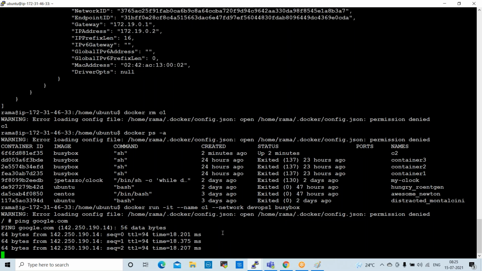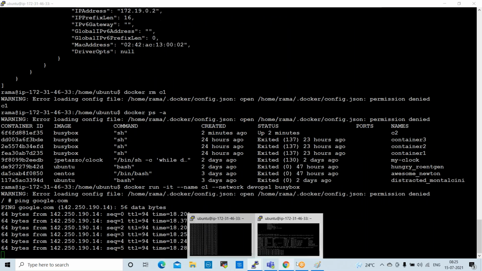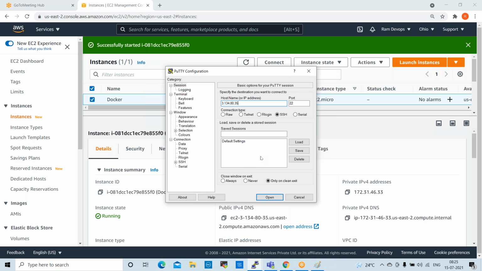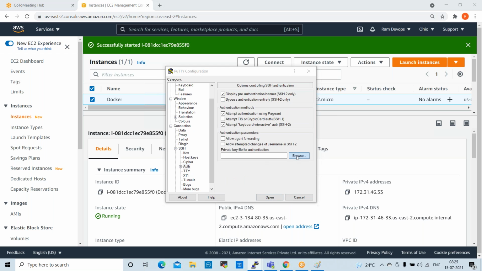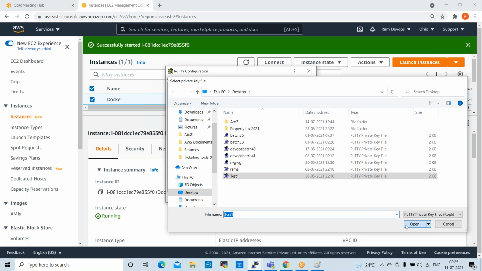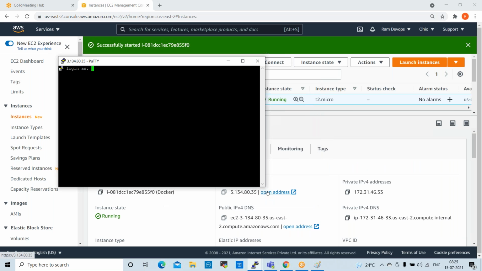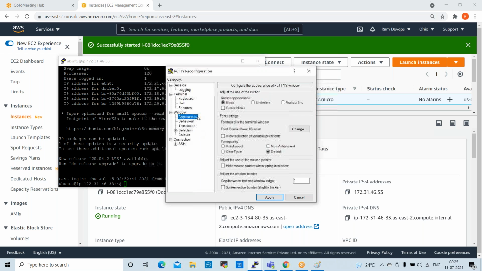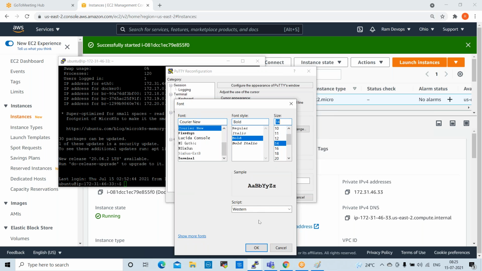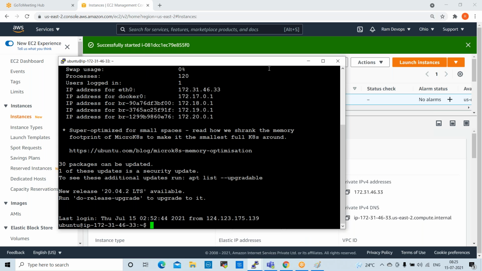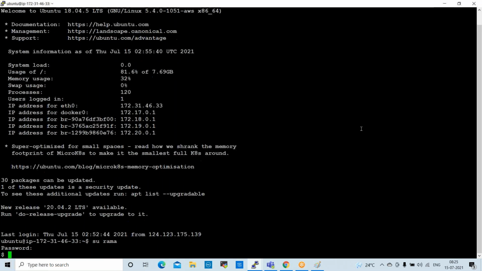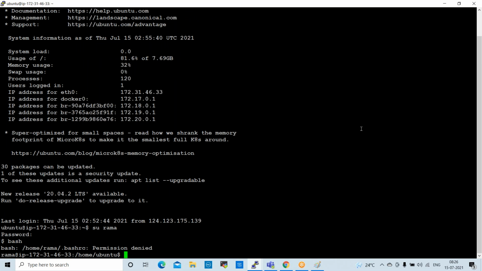Now the third one we can also create. Quickly open one more console, copy the public IP, open one more console here, SSH authentication. Right.